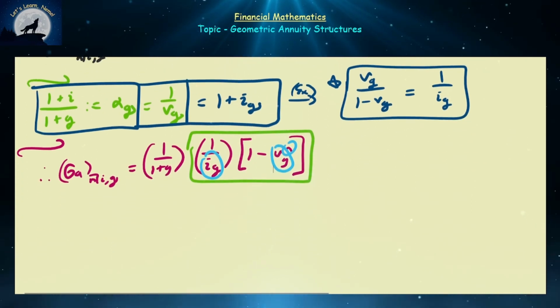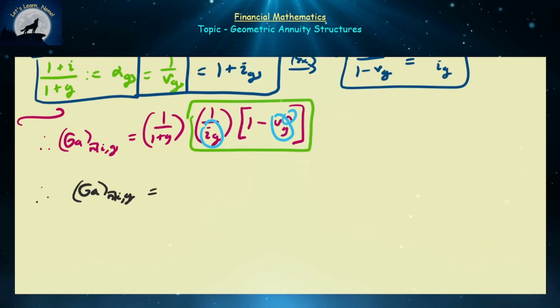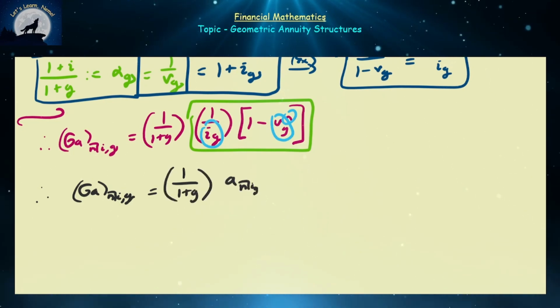So that is just precisely an annuity immediate under a different interest rate i_g. So we can write the following very interesting result. That's going to be equal to 1 over 1 plus g multiplied by a_n at i_g. Right? So it's an annuity immediate with m payments under effective interest rate i_g,